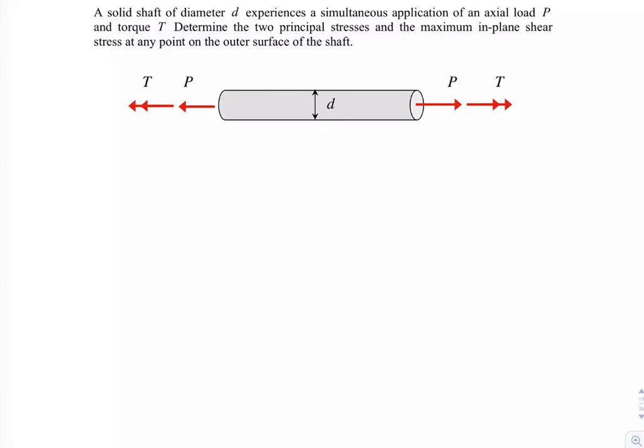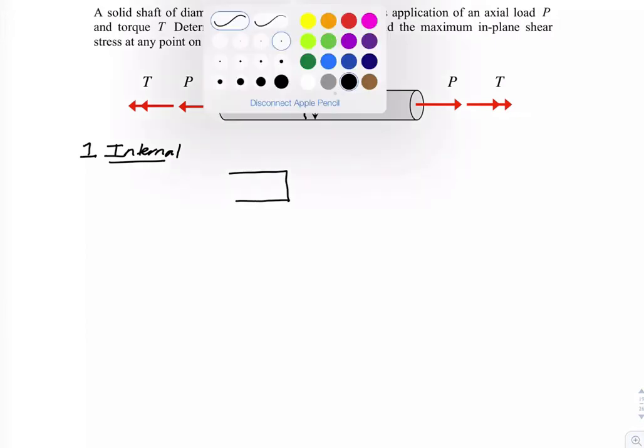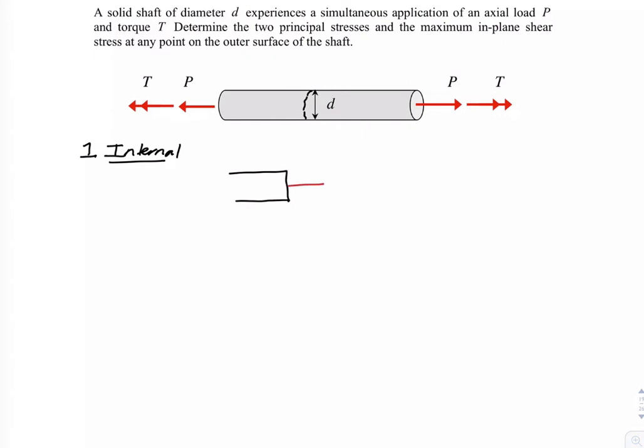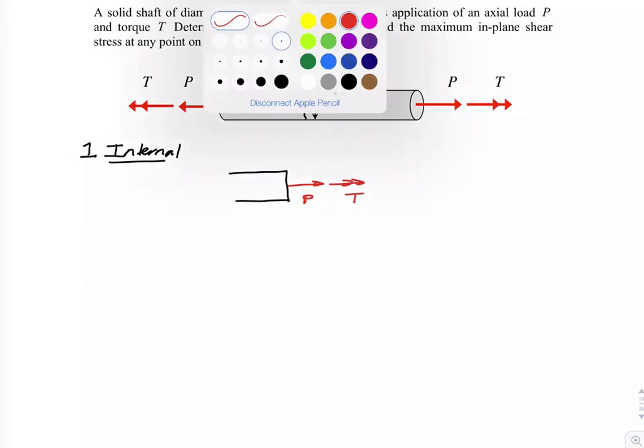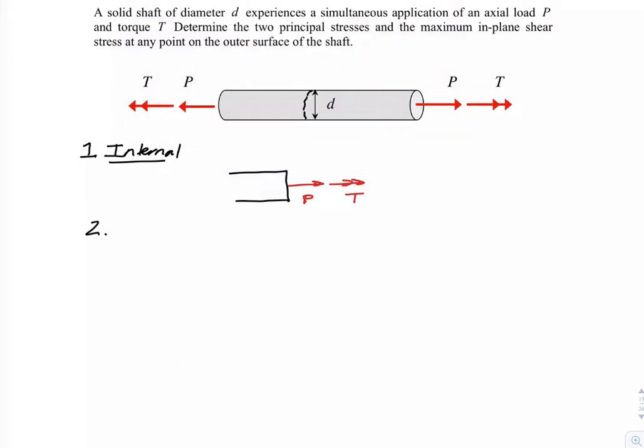So we will follow our three-step plan here, first looking at the internal load. We will make a cut through the shaft, let's say somewhere along there. The resultants that we're going to have will be exactly what's acting there on the end, a load P and a torque T. Second thing, when we look at our stress distribution,